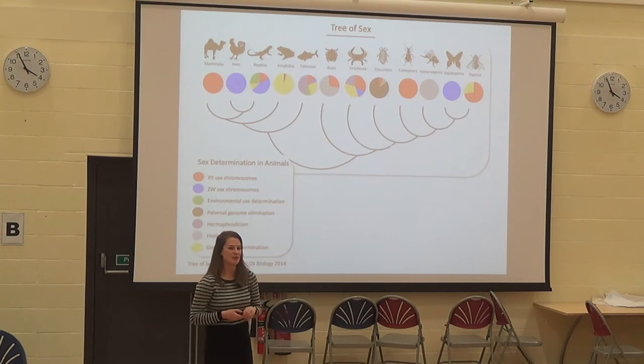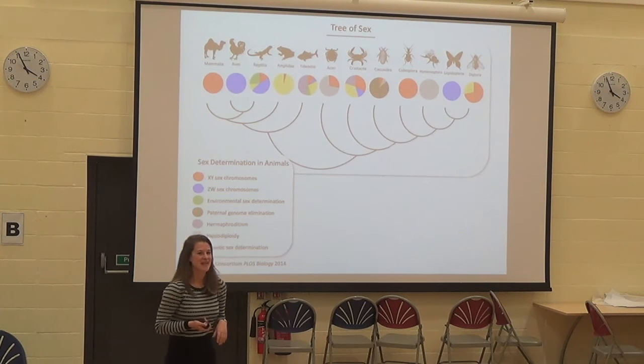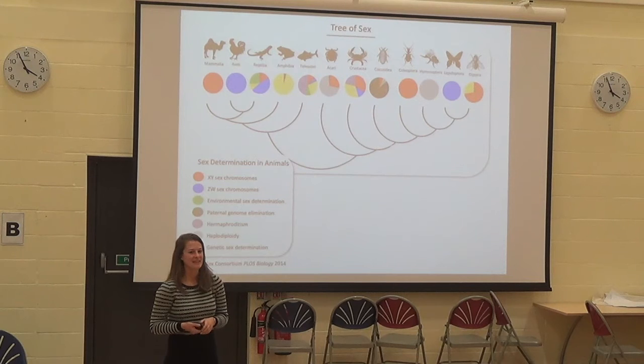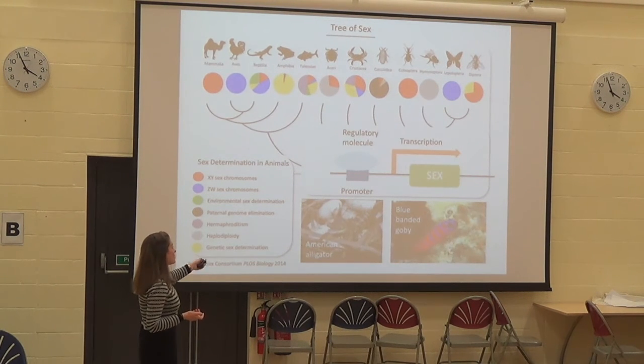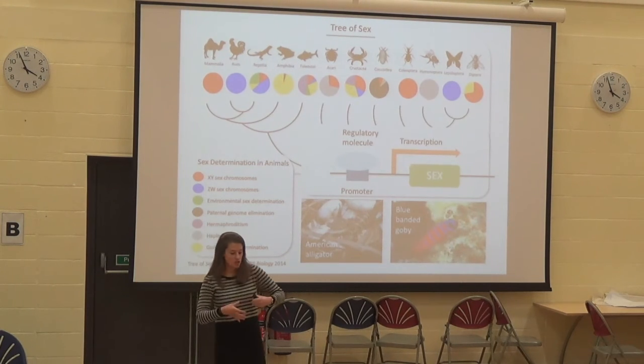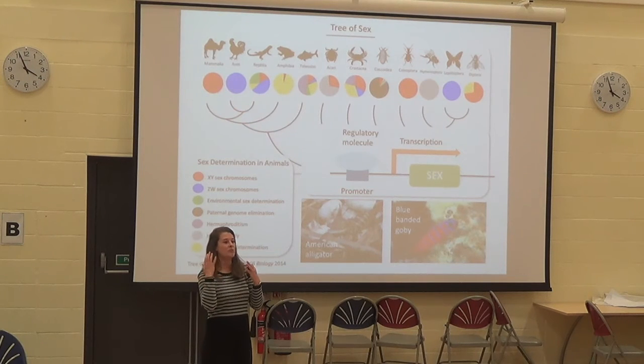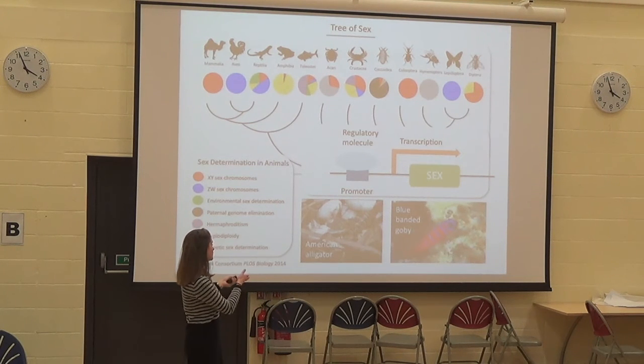I was just interested because I was wondering if these are coming from behavioural mechanisms, and whether the plants have behavioural mechanisms. Yes. Well, I guess there are environmental triggers as well. Actually, one of the things I was going to talk about next was the presence of environmental triggers to determine sex, and that's everything that's in green, so it's really common in reptiles, in fish, and again, some of these scale bugs. And this is where you have some environmental trigger that determines which sex you develop into.